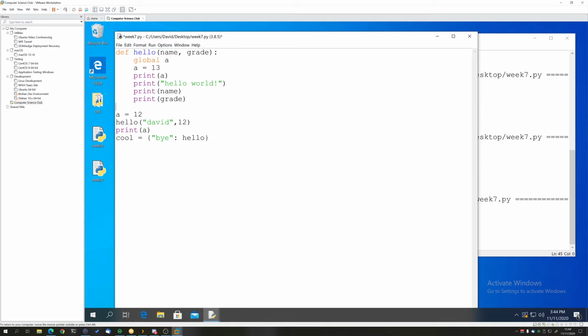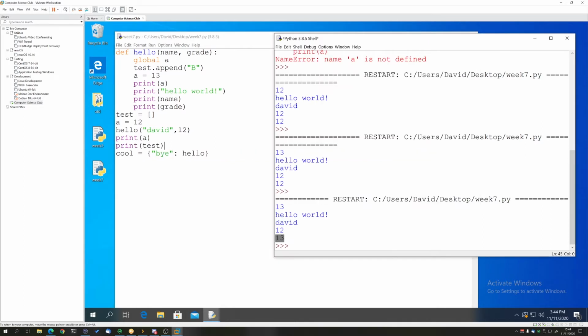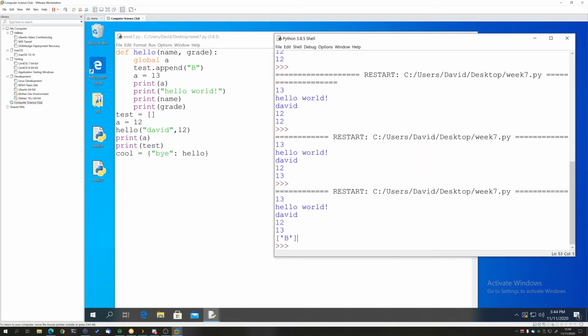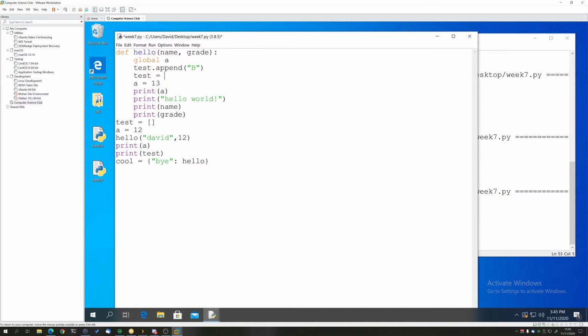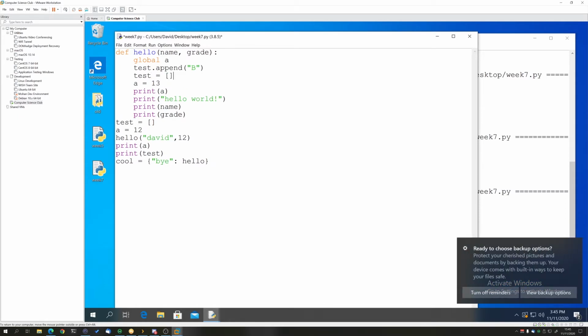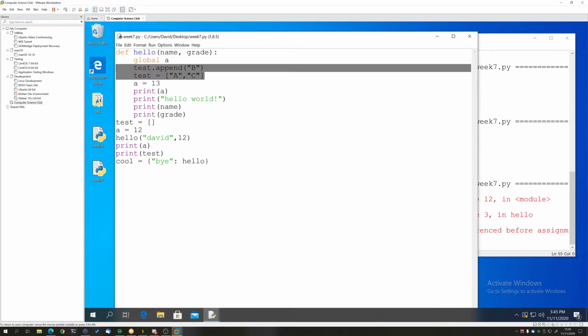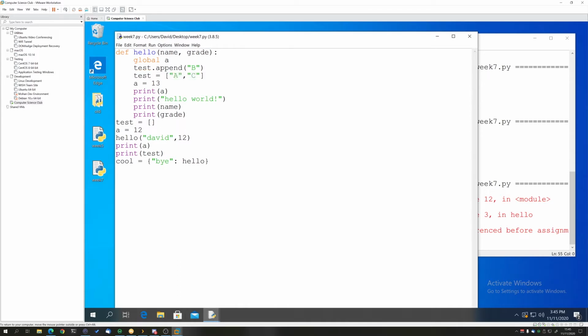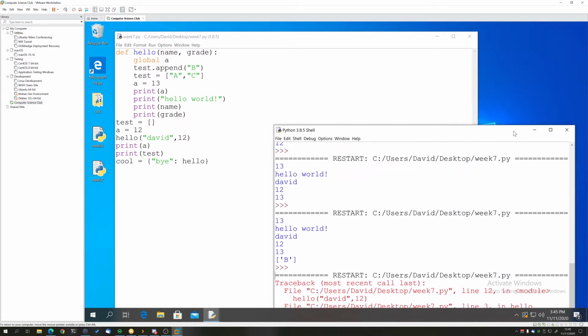So for example, if I have a list here, I don't need to use the global keyword to say test.append B or whatever. If I do that and I print test afterwards, you can see that I do have B inside of it. However, if I were to say test equals an empty list, not an empty list, let's say like A and C, now Python detects that you are creating this variable inside the local scope. So then it's going to error when trying to edit the global scope variable. That's just a slight intricacy of Python there.